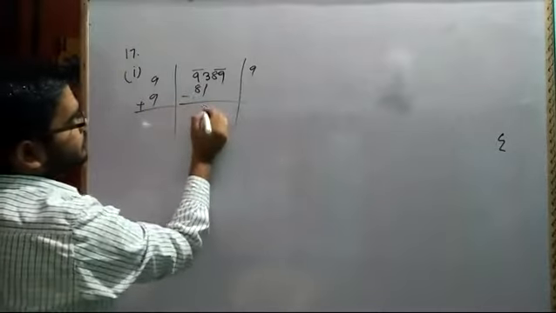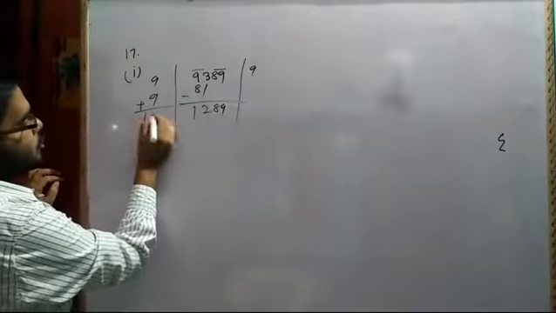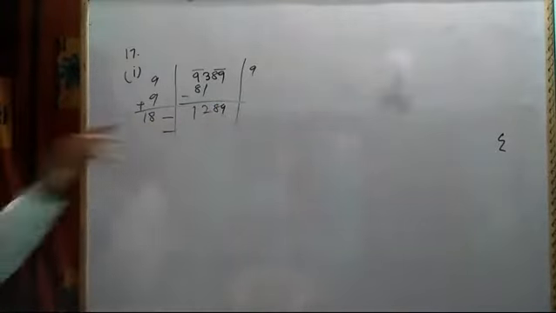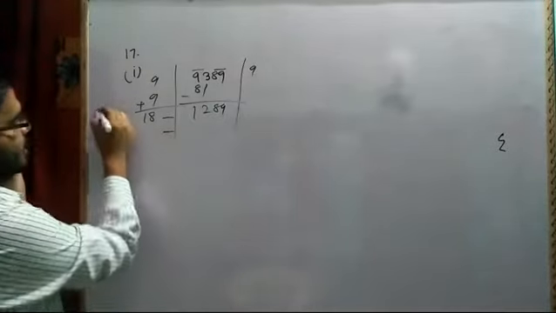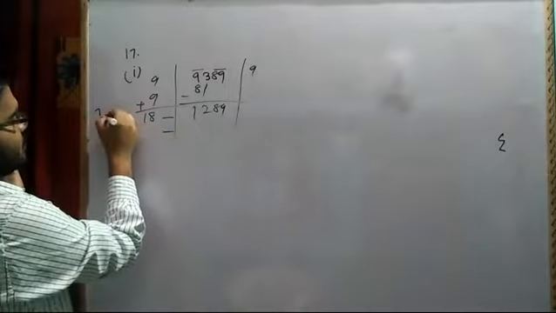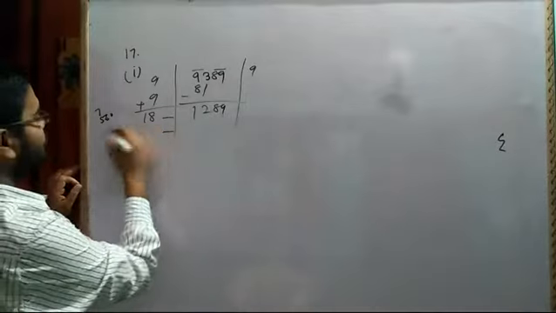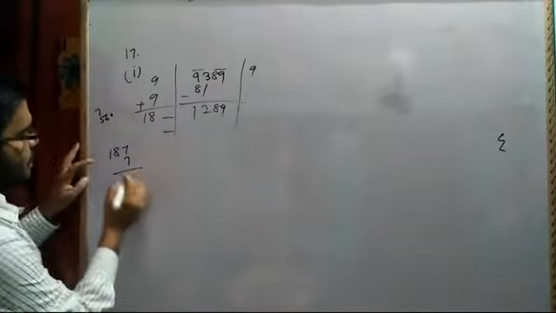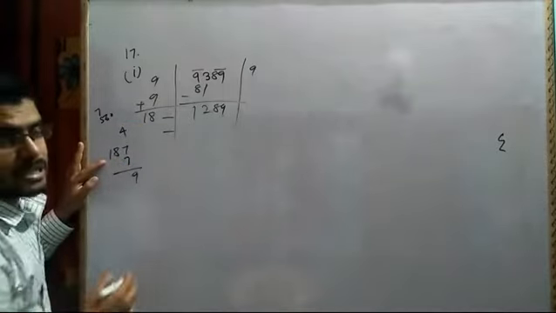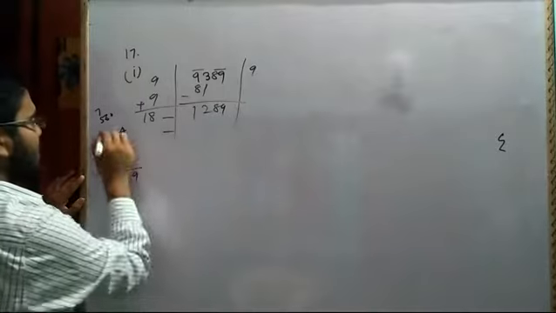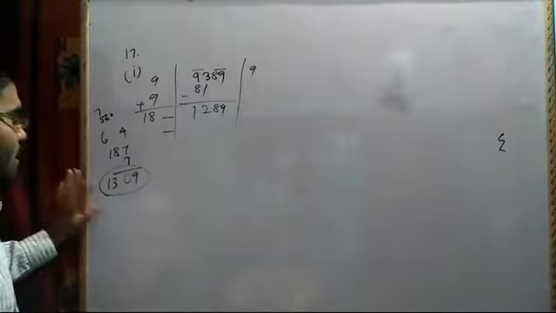Addition, subtraction. Okay. Now 89 will come here. Which number should come here so that it will be near to this? If I write 18, it is 1200, 700. Then 8 sevens are 56, 1200. If I assume here 7, let's take 7. So 7 sevens are 49, carry 4, 8 sevens are 56 plus 4, 60, carry 6, 7 ones are 7 plus 6, 13. So this number is more than this. So I cannot take this.